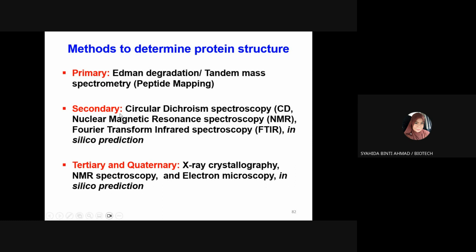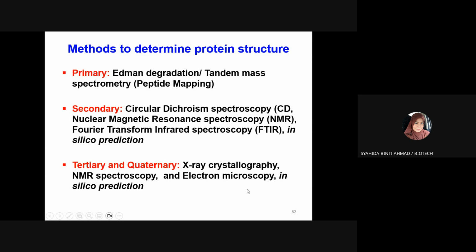So the secondary structure you can do through circular dichroism spectroscopy. Basically all the spectroscopy, NMR, FTIR, and in silico prediction you can use to determine the secondary structure of the protein. While lastly, tertiary and quaternary, you can use X-ray crystallography. We have it in biotech, but since it's very high tech, for undergraduates we are not allowed